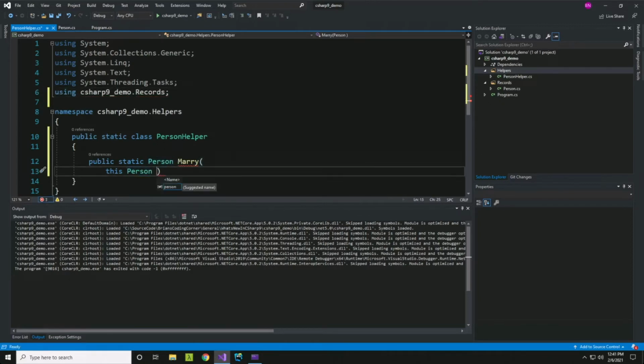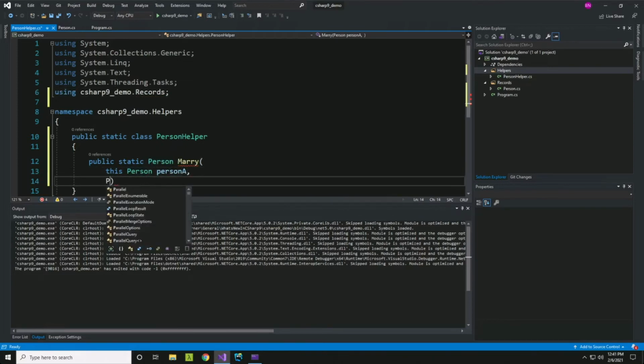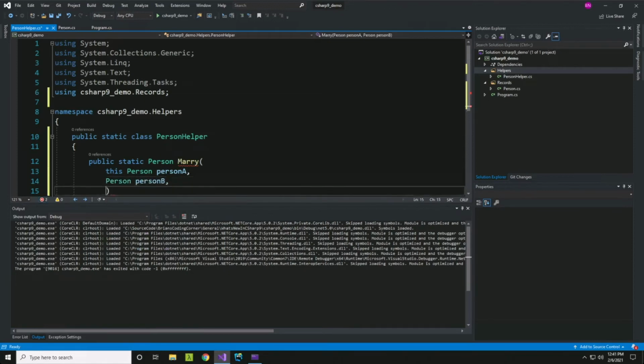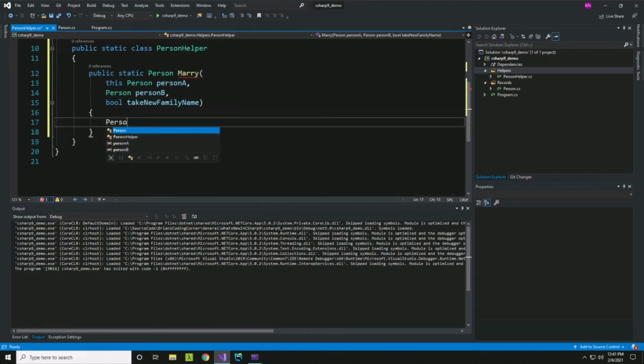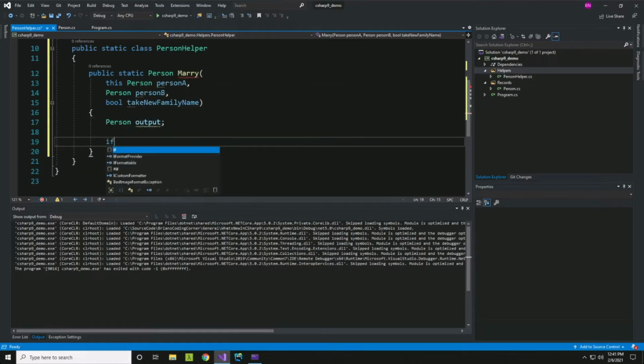And we'll call it person A, and then person B. And then I'm going to have a bool take new family name. So person output. And so if take new family name,